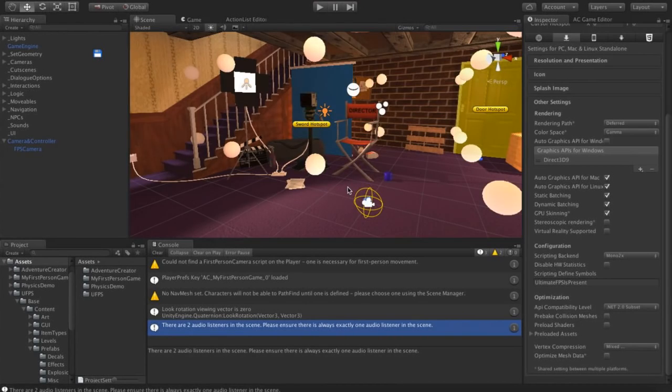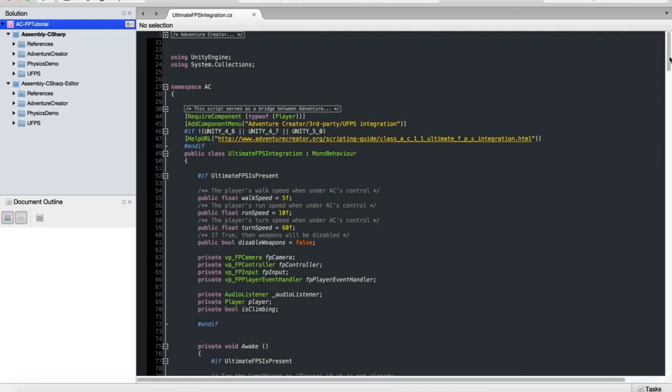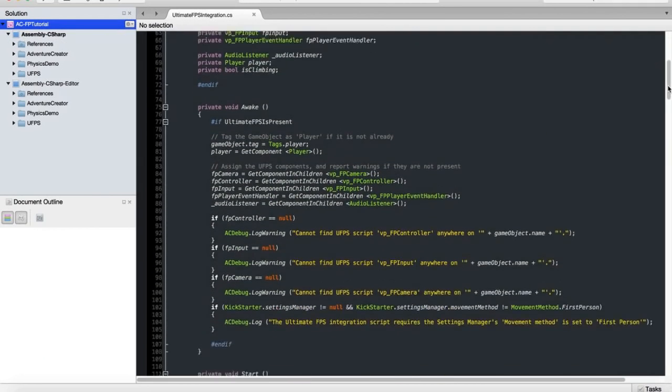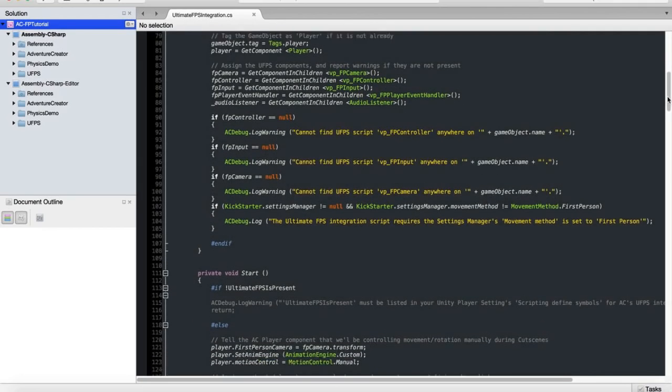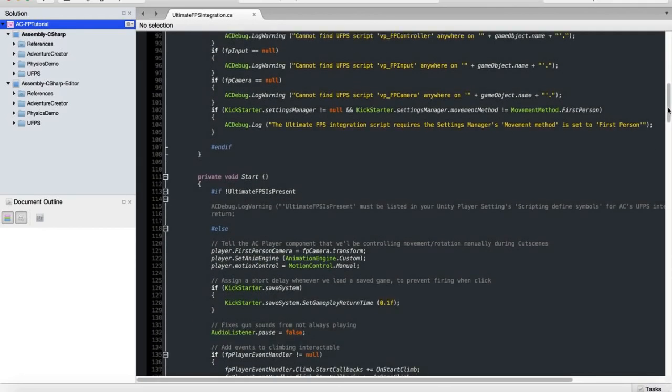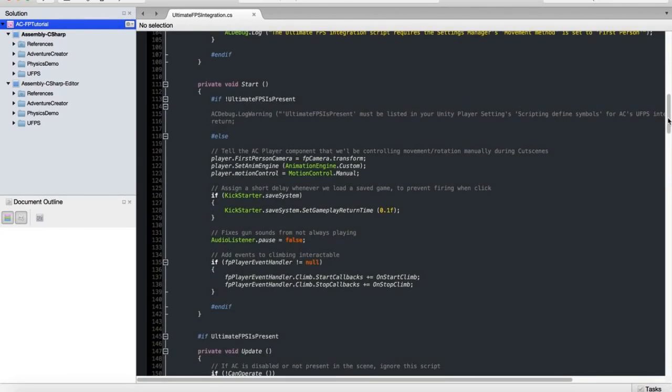Now if we want to tweak the Ultimate FPS integration, the script is nicely laid out for us, it's very neat, it's commented, and so on. And the idea is that with something as complex as UFPS, it's not really possible to have an integration that covers any kind of game, any kind of condition that you wanted to have.